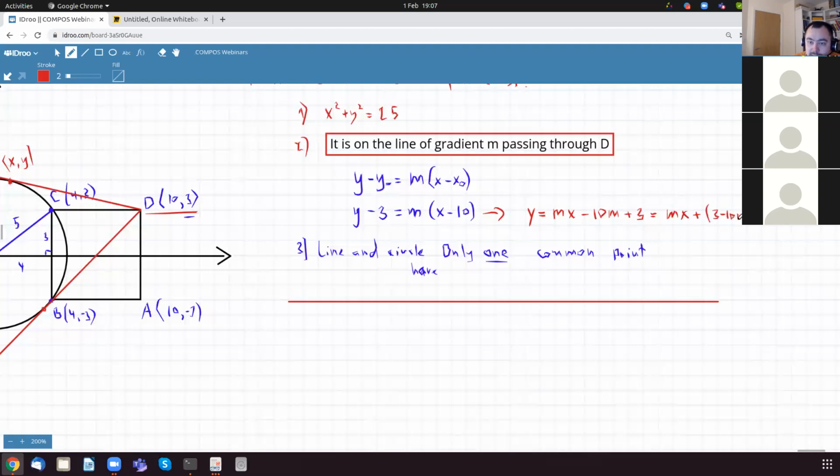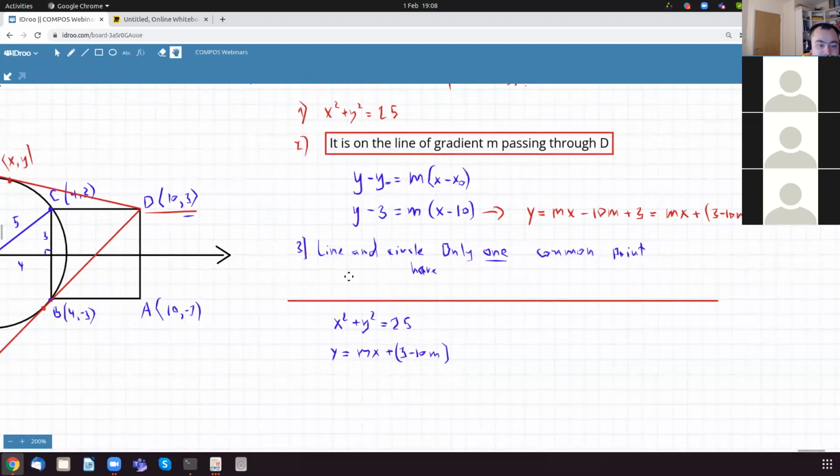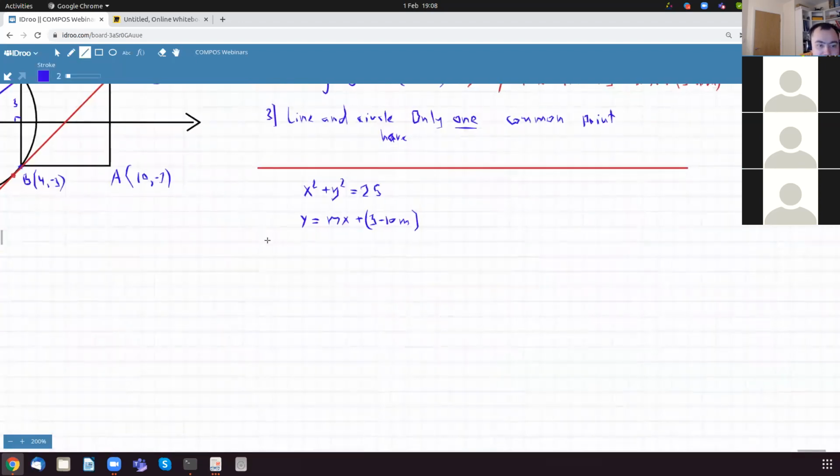This is just to make my calculations a bit neater, because it's going to go a little bit crazy in a bit. Okay, so I have x squared plus y squared equals 25, and I have y is equal to mx plus 3 minus 10m. I can plug that in, I use substitution,